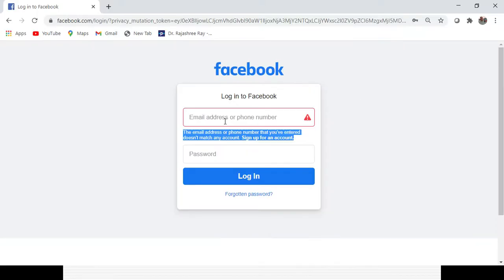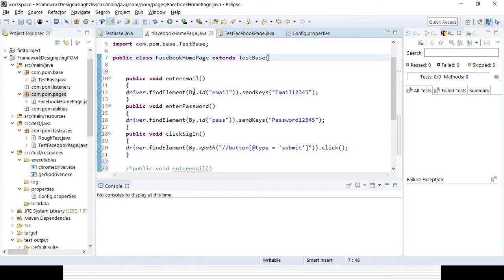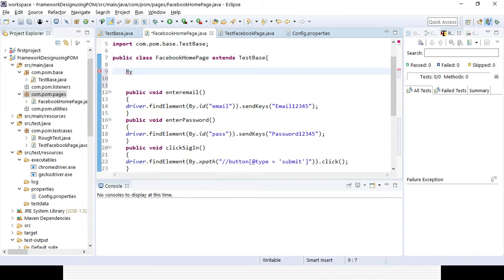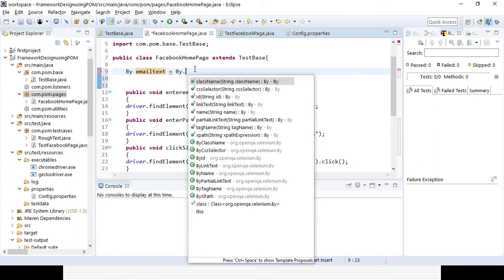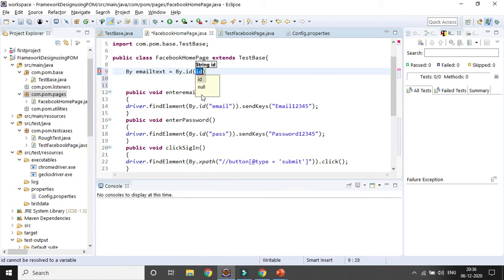So first we need to identify the email field. You can see here By.emailID. So I will simply use By locators here, then I will give a variable name for the email field, so emailText, because it is a text field. That is the variable I am declaring, and I want to get the element with the help of By.ID, and here for the ID I will simply give email,